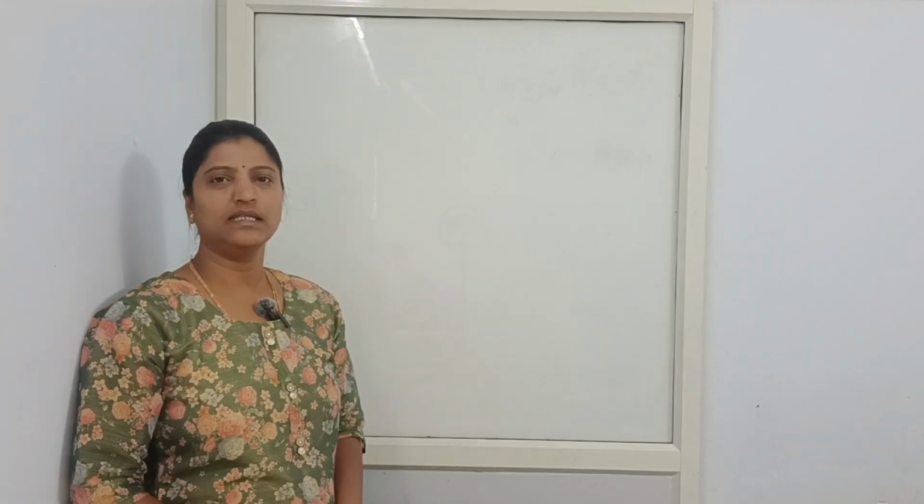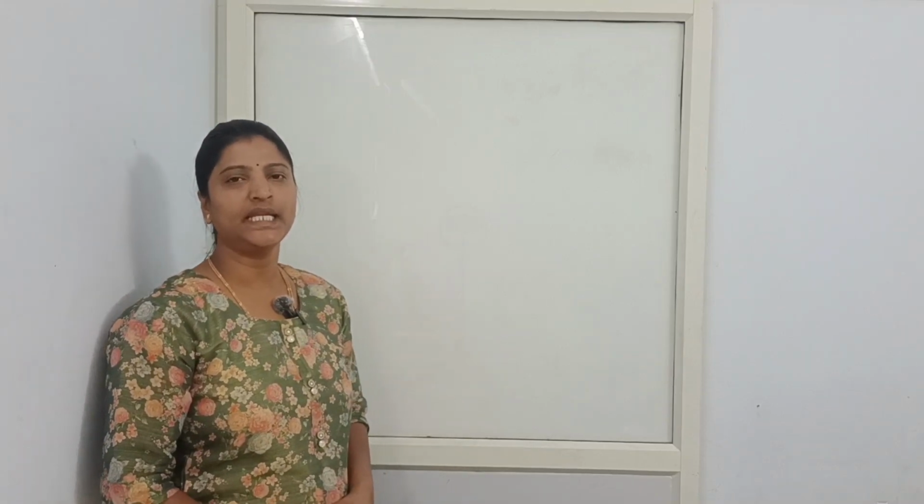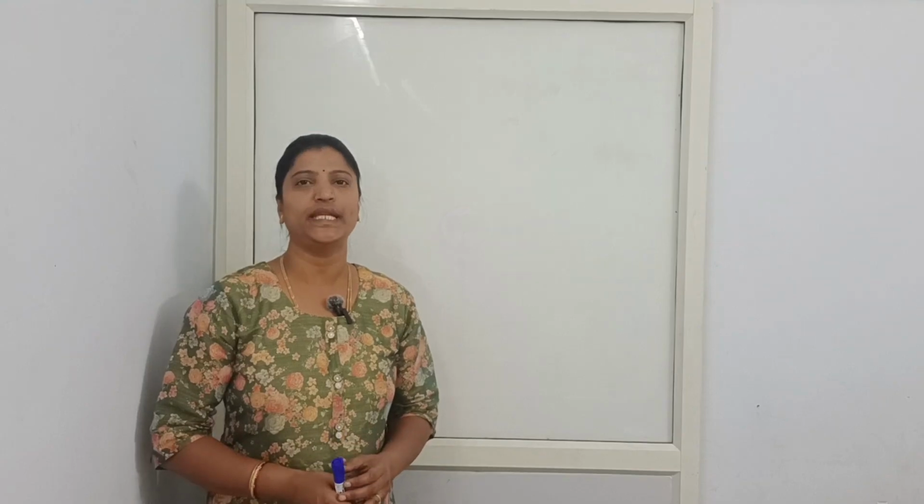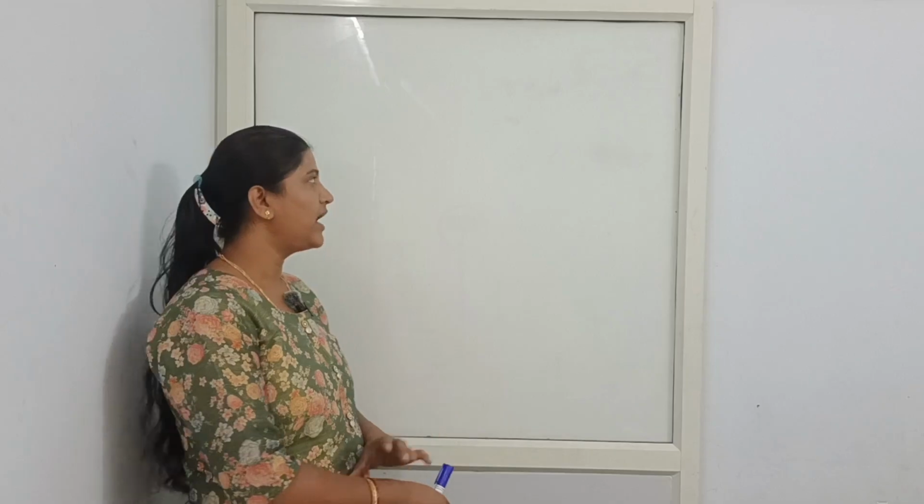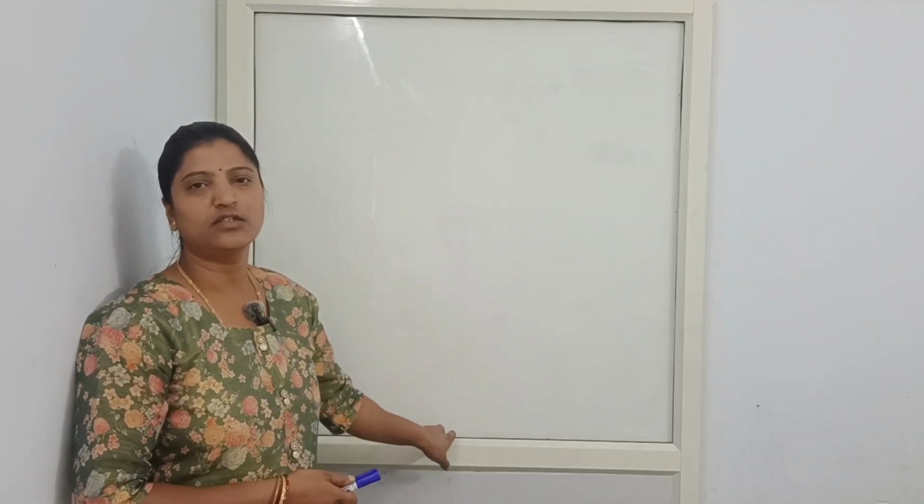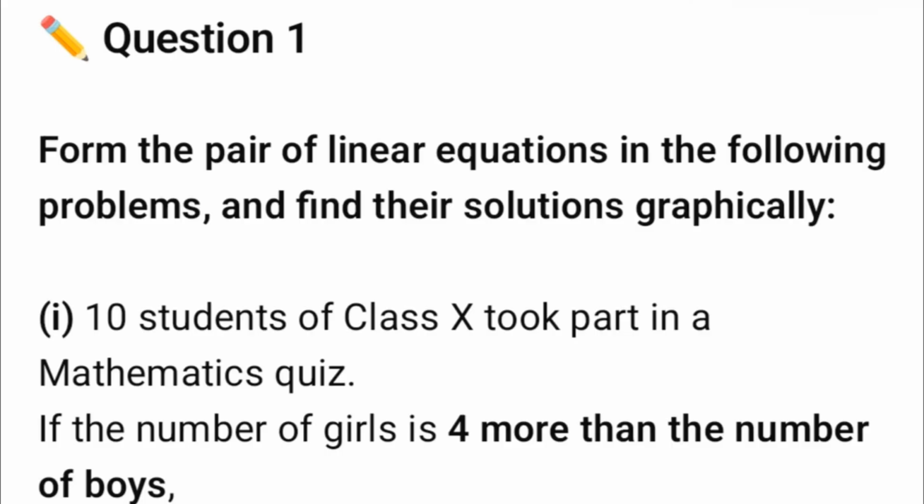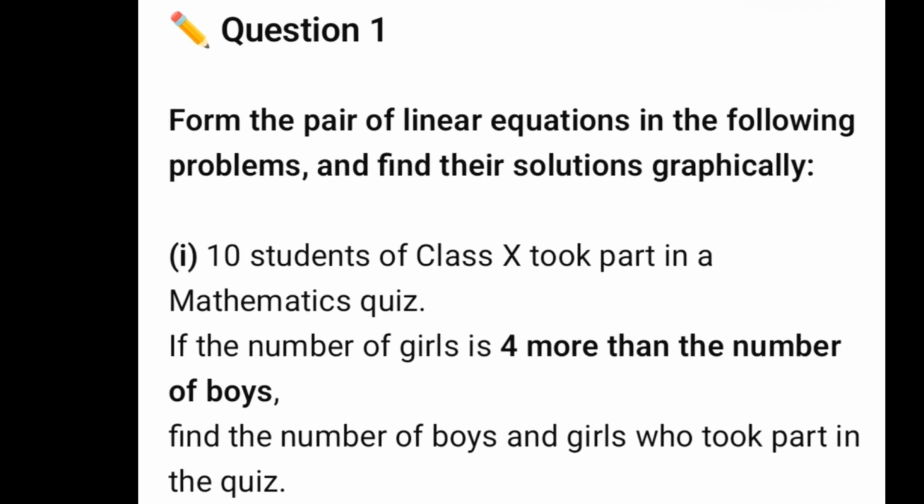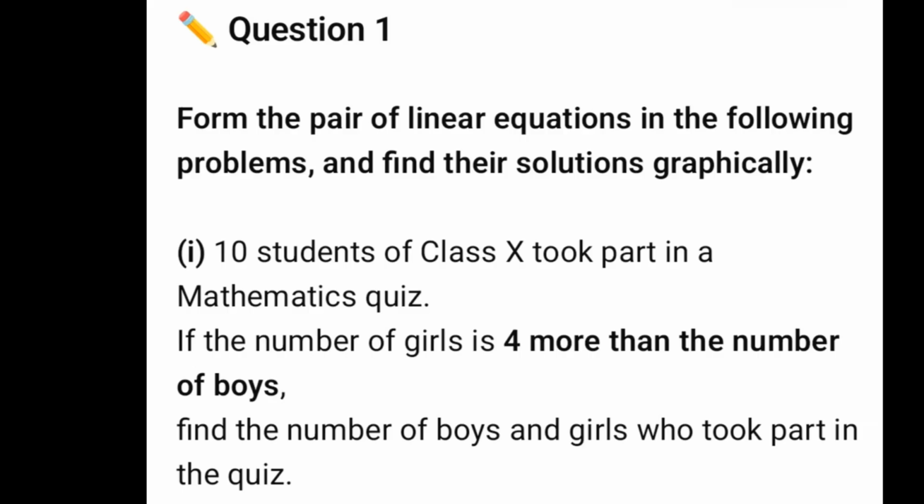Today let us start the third chapter, pair of linear equations in two variables, first exercise. The first exercise is to form a pair of linear equations for the given questions and find the solution graphically. From exercise 3.1, the first question is form the pair of linear equations in the following problems and